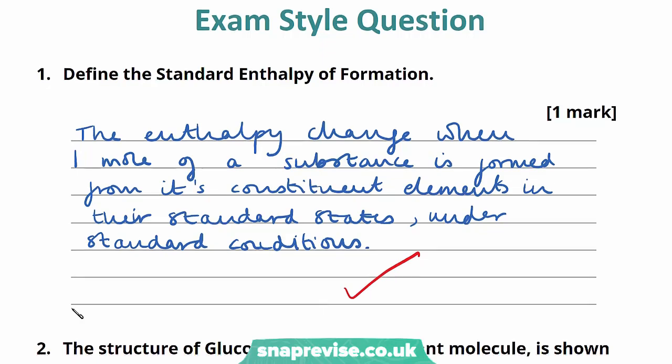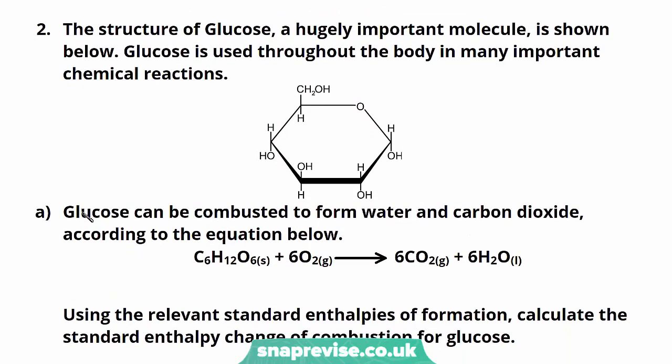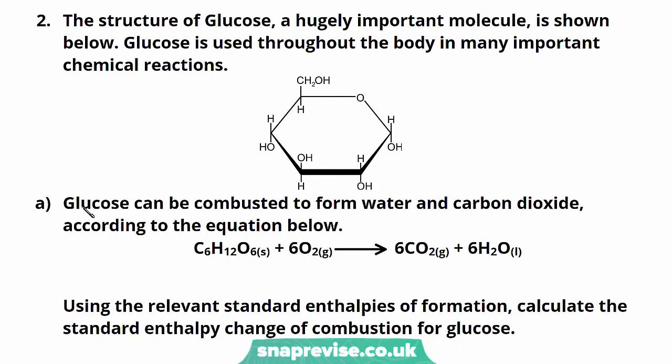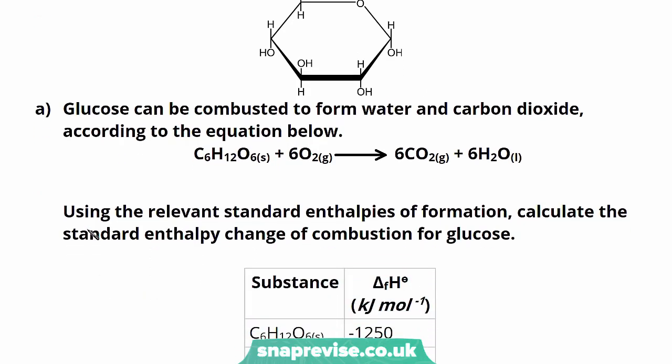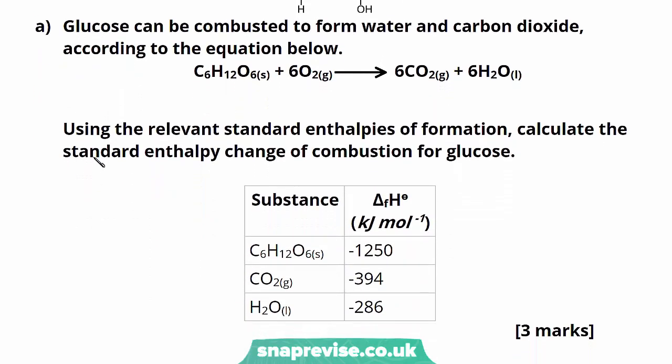So let's move on to question 2. The structure of glucose, a hugely important molecule, is shown below. Glucose is used throughout the body in many important chemical reactions, and we're given the structure of glucose here. Glucose can be combusted to form water and carbon dioxide according to the equation below. We have 1 molecule of glucose reacting with 6 molecules of oxygen to form 6 molecules of carbon dioxide and 6 molecules of water. Using the relevant standard enthalpies of formation, calculate the standard enthalpy change of combustion for